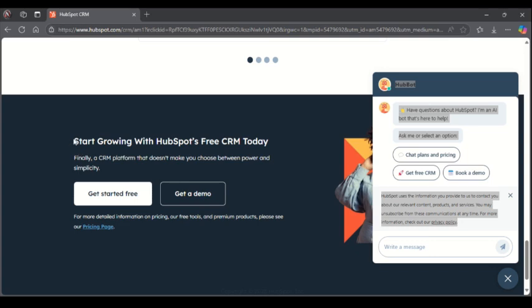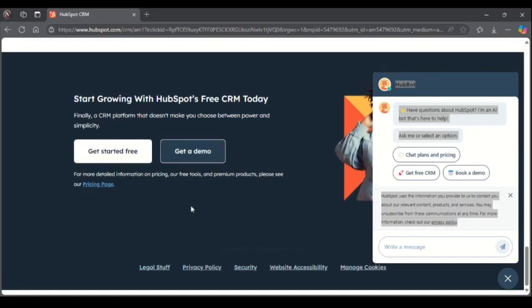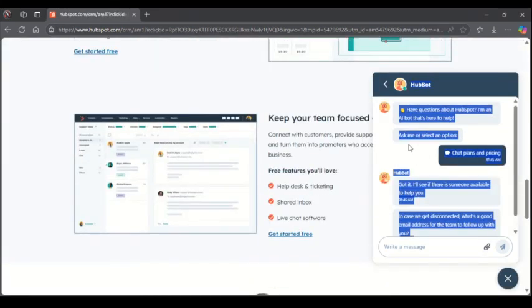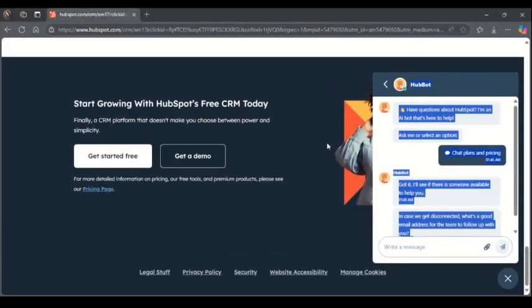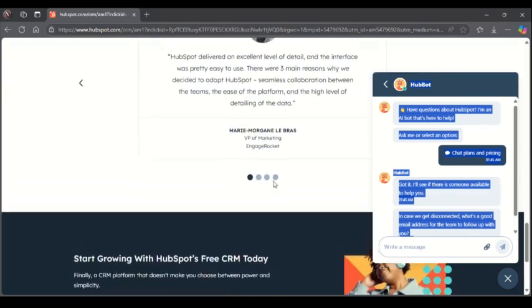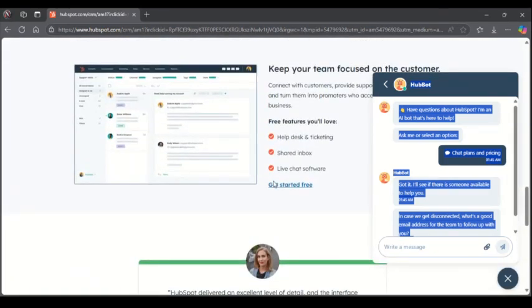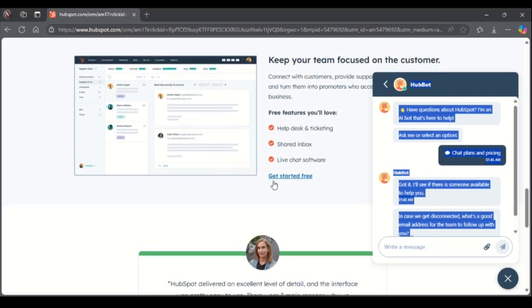Now, going with HubSpot free CRM today, you can get access to a pricing list. So those are the most important things about the website. Also, let me give you a quick review. It also provides easy integration, scalability, and a user-friendly interface with data-driven insights that help you manage your